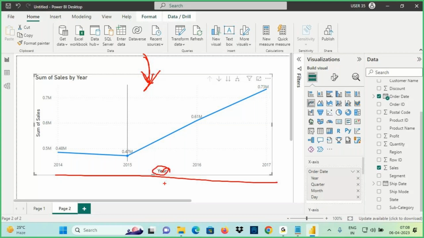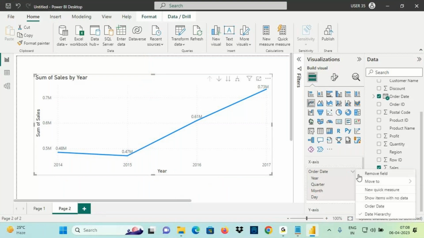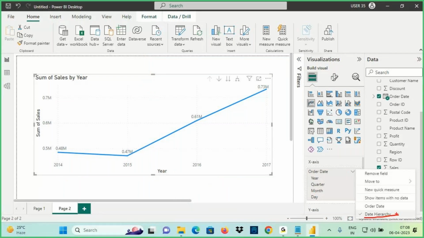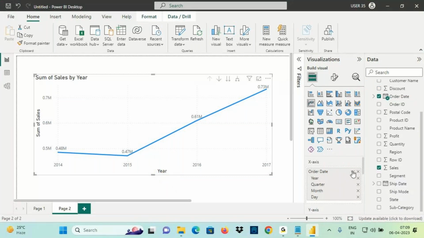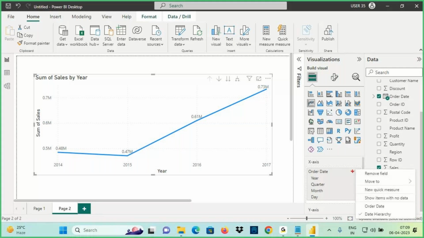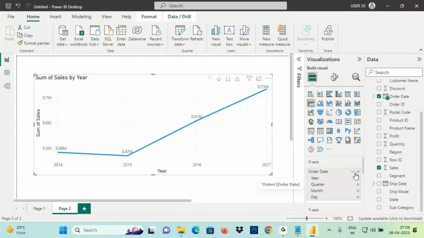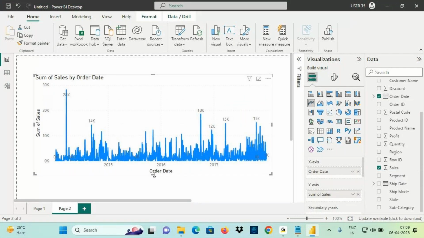To show order date wise sales here, go to the order date column. Instead of date hierarchy, go and choose what? Order date. So by default, when you drag any date column, it will not show individual date wise sales. It will show year wise sales. If you want to show each individual date wise sales, you need to go to the x axis here, go to order date, and instead of date hierarchy, choose order date. When I choose order date, now it is showing order date in the x axis and